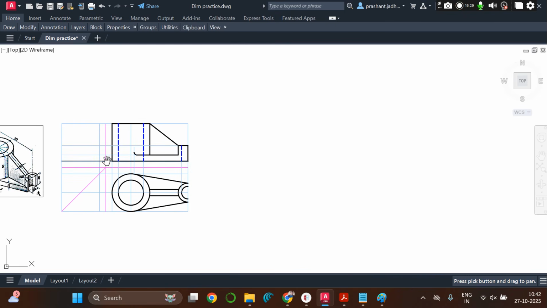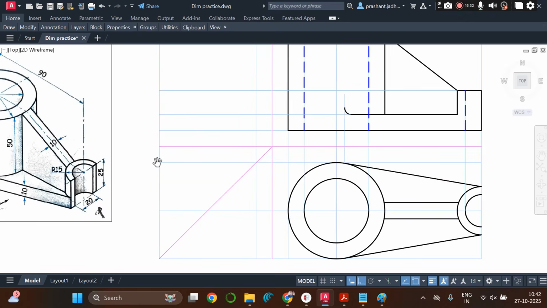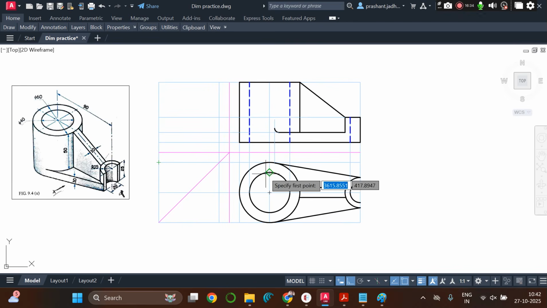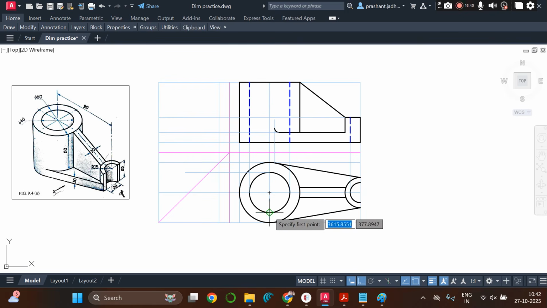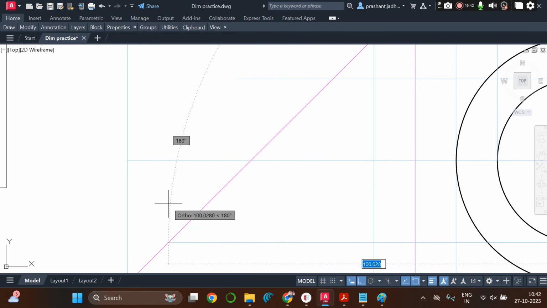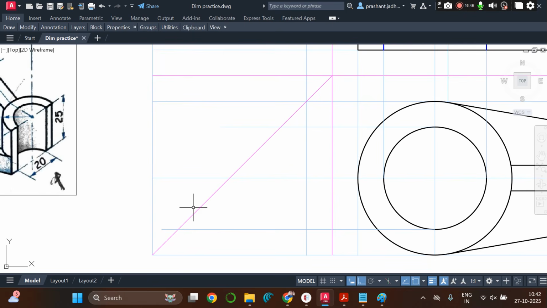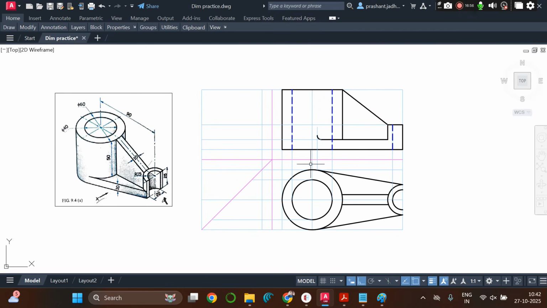Okay. So in side view, I am taking projections from the front view also. See, these lines I am not putting on this inclined line. I am leaving them ahead. Okay, then you can trim them. Because if you put on this inclined line, it will not draw an exactly horizontal line. It will make an inclined line. Okay, it's not necessary to take